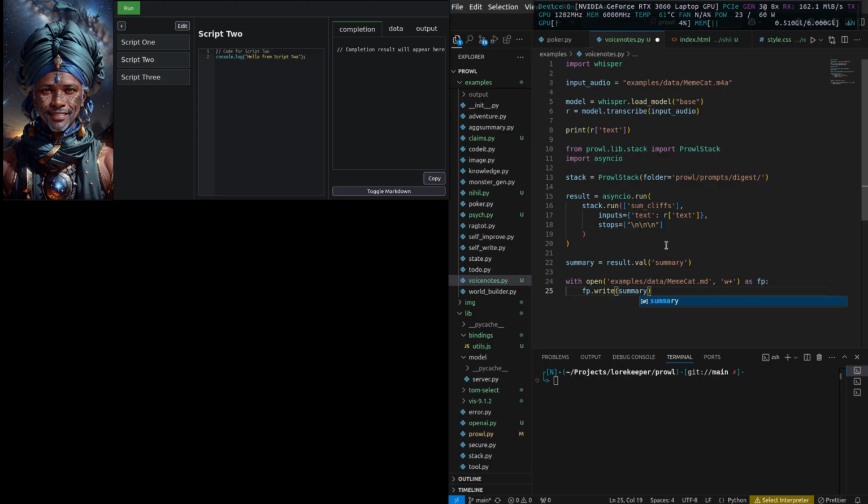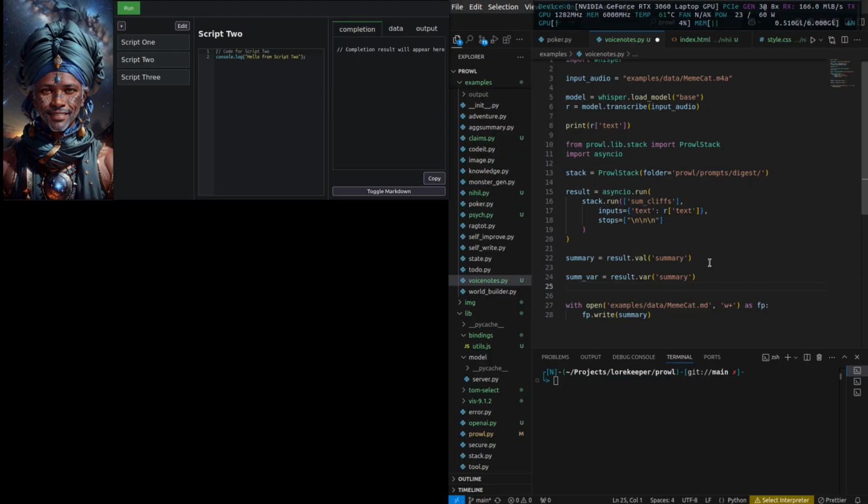In fact, in most cases, you're probably just going to want the value of some variable, right? But if you want the entire variable, sumvar equals result dot var summary, okay? And then sumvar is now a prowl variable. So sumvar has its own data, it has a history, and you can get its history. So the history of a variable in promptowl, there's two different things, right? So you've got a list, and then you've got a history. What are those? Well, inside of